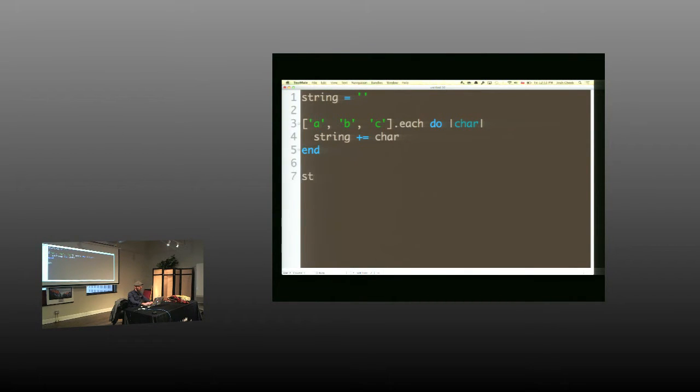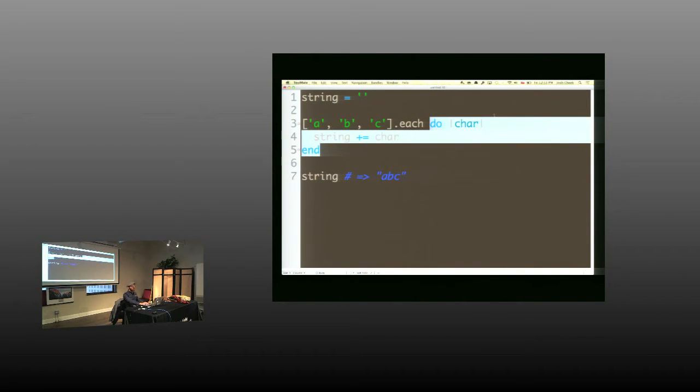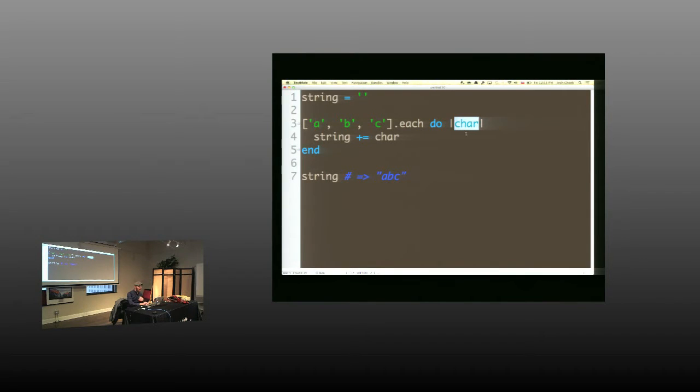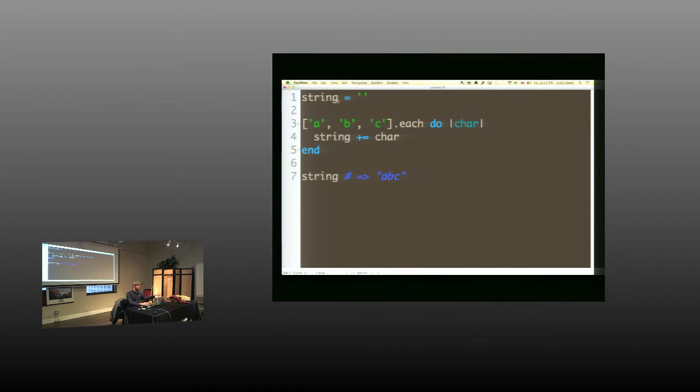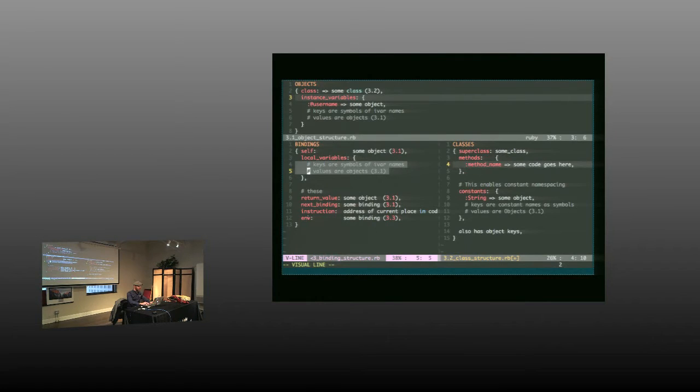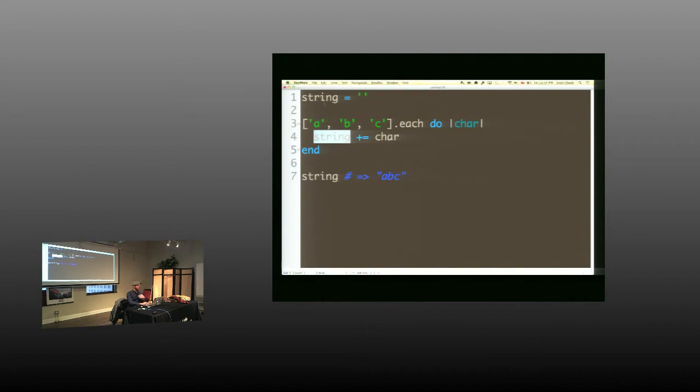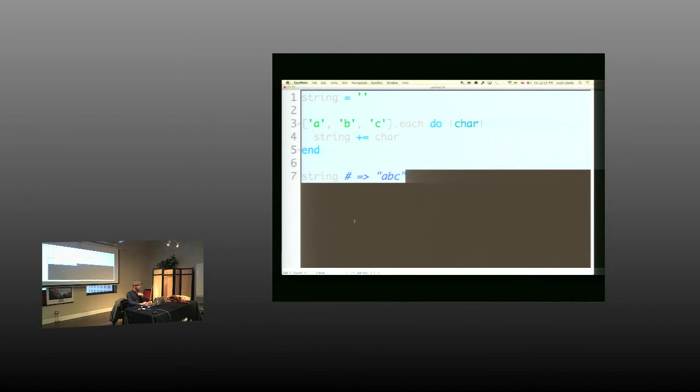So in this case, there's a separate binding right here, and it's got a local variable named char. And so when it looks up string here to find the value that we're adding it to, it's not going to be able to find it in the current binding. And so what it needs to do is be able to say, well, where was I contained, or what other places can I go look for this local variable? And what we'll do is we'll set this env right here to point at the binding of this kind of outer context where we're storing the string.